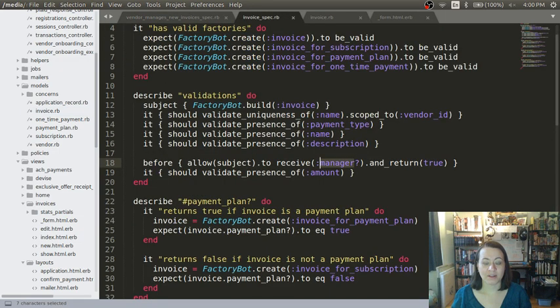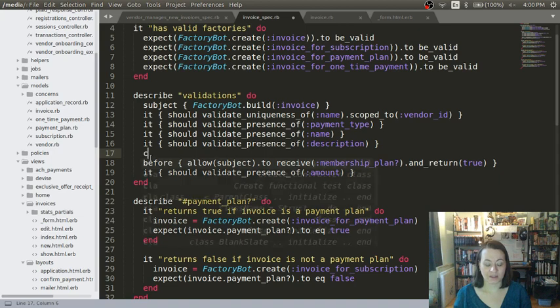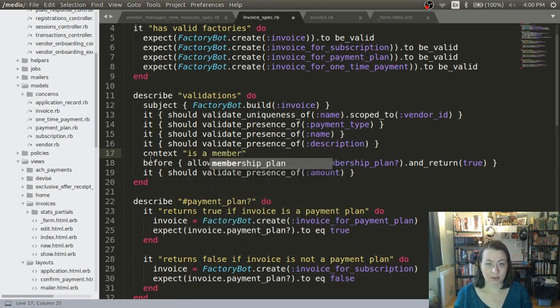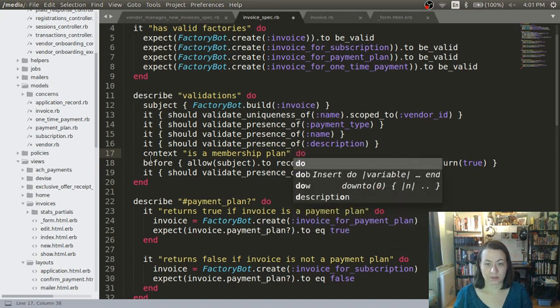Up here, membership plan. And return true. Now, well, I need context, or else I'll be completely confused. Context is a membership plan. Do